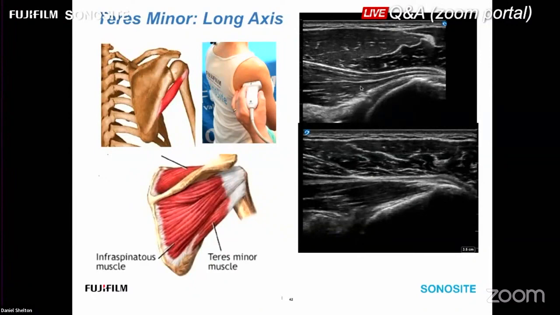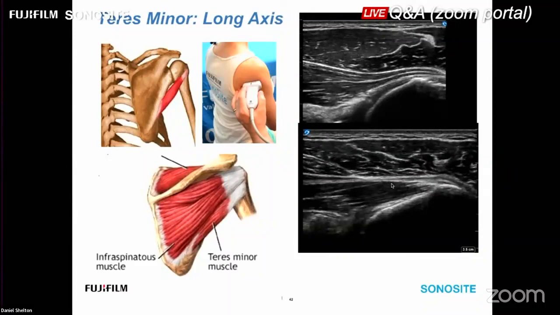So internal rotation, you get this really nice feather-shaped muscle. For a joint injection, for example, this is a great place to land your needle, not under the infraspinatus because of that real hard pop that you would get with that large central tendon. So if you could find the muscle bellies of either the teres minor or the inferior muscle belly of the infraspinatus, your needle will slip right through the muscle easier without that hard pop. And because we're using ultrasound guidance, the need for loss of resistance technique in injection is much less. But we're just taking a look at the very much more inferior teres minor here in long axis,